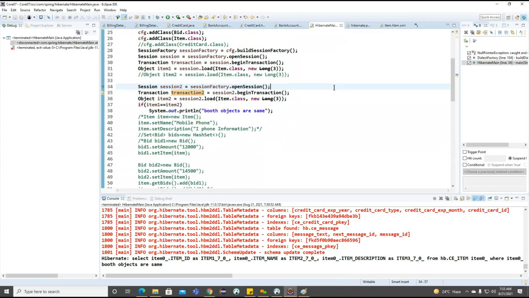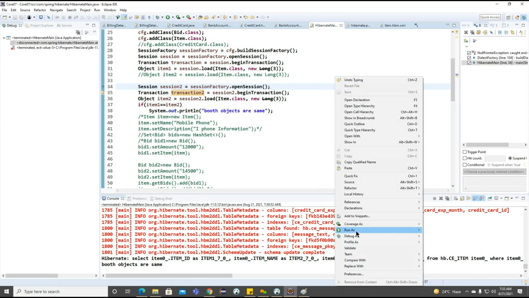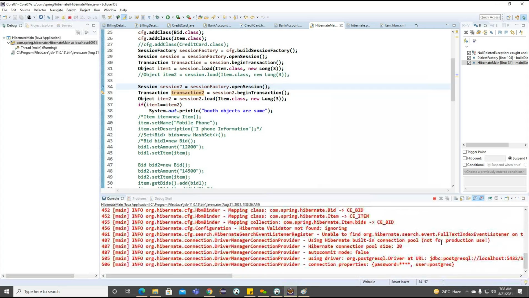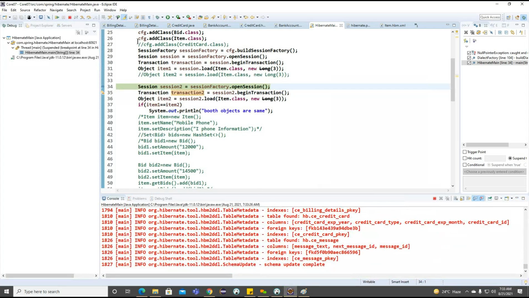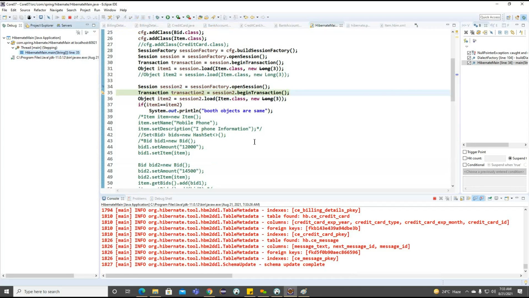Now, okay, we'll see how this particular example is going to return. One more transaction is opening here. The transaction is taking some more time.